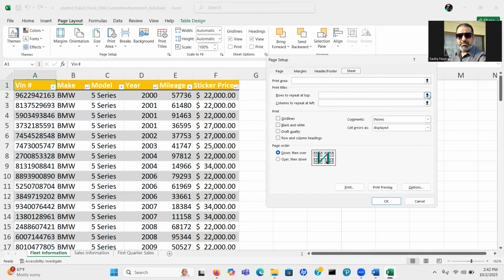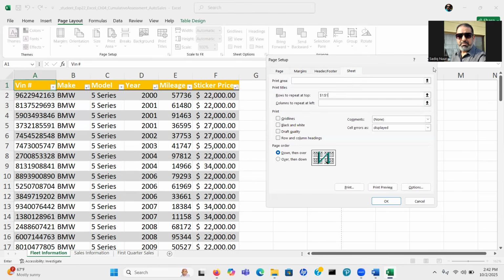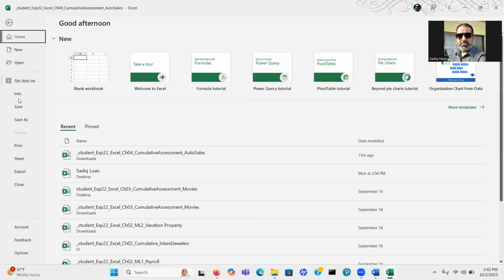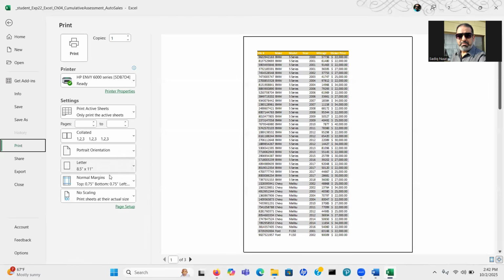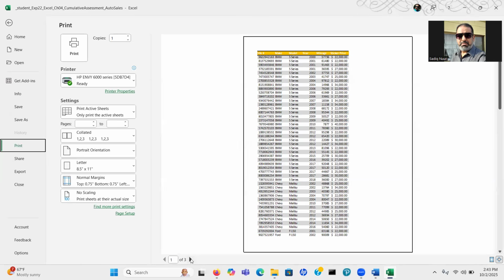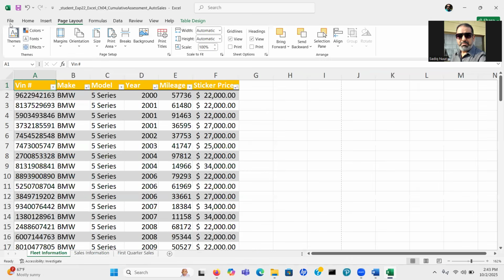Click on this black up arrow, select the first row, click the arrow here, and then click OK. Right now, if we go to File, Print, and then I go to the next page, as you see, the make will be there. Okay, perfect.